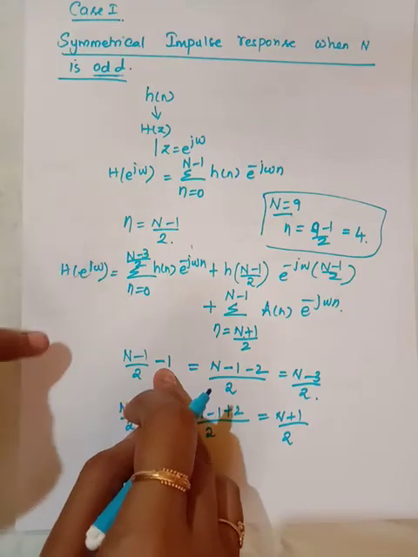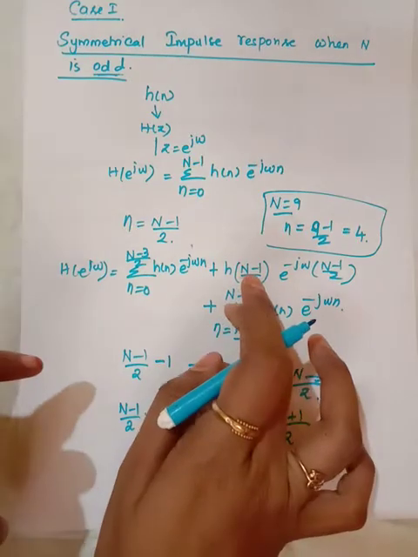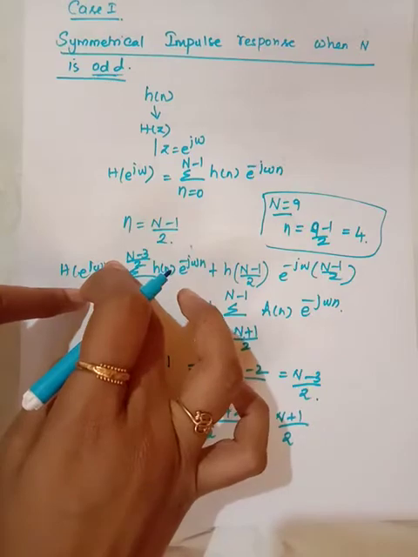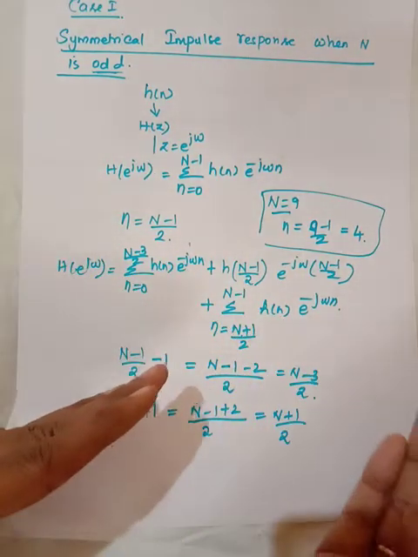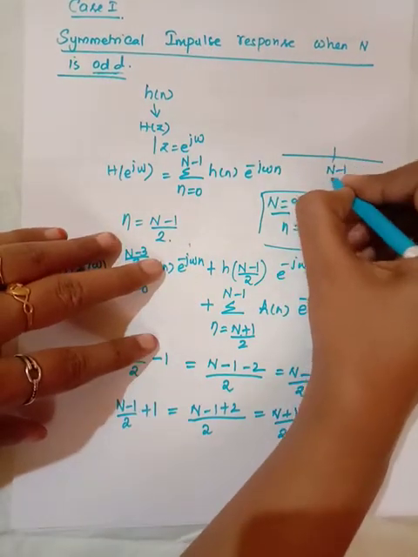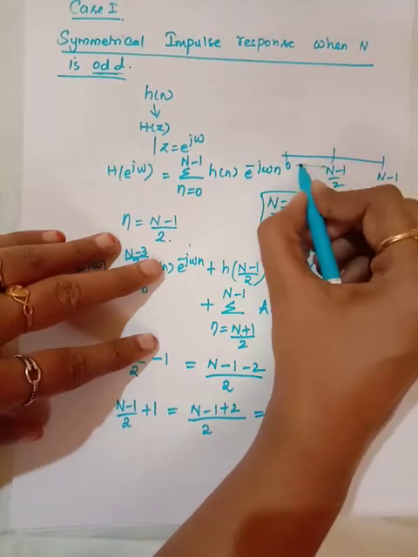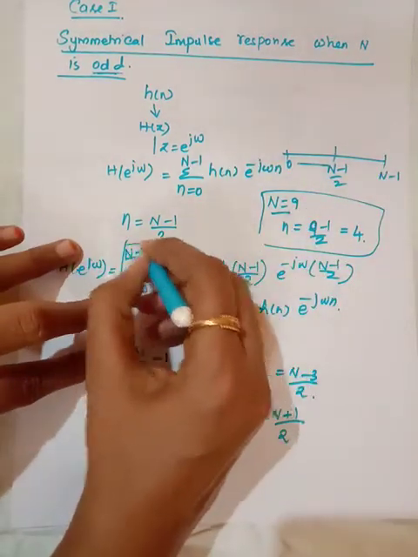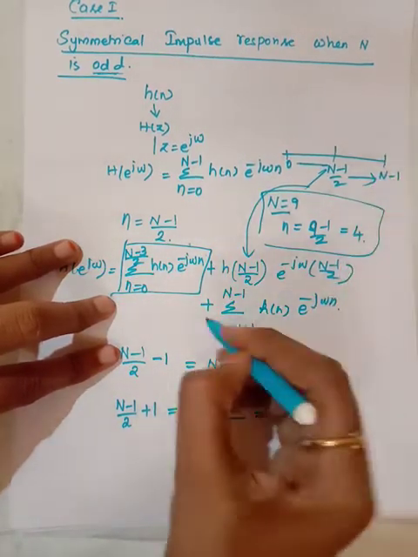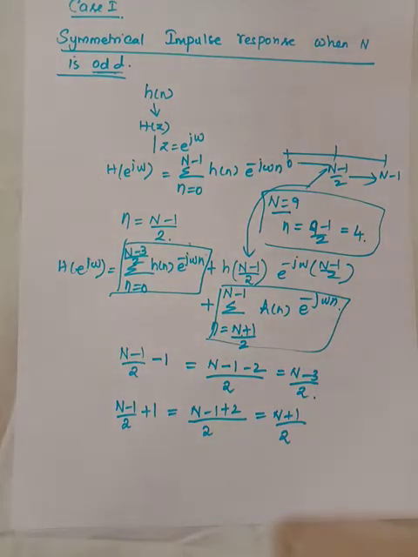Now whether you understand how I have split this, I have split this equation into three parts, one with the center of symmetry, then with these two previous values of the center of symmetry, then after, whatever values you have after the center of symmetry. Okay, consider this is (N minus 1) by 2, this is N minus 1 and this is 0. So these values belong to this equation. Okay, now this value belongs to this one. Okay, now this range belongs to this equation. Okay, now I have split it into these three parts.